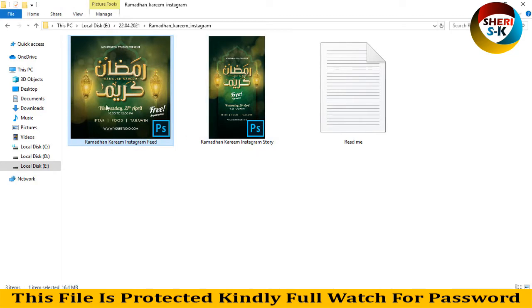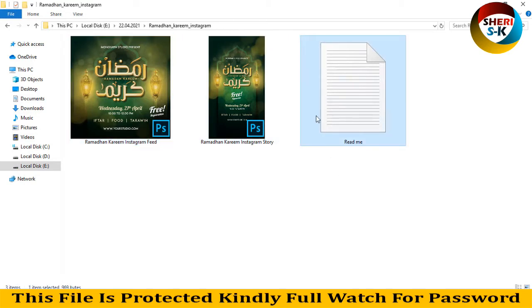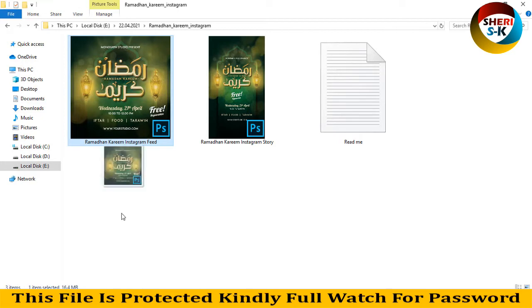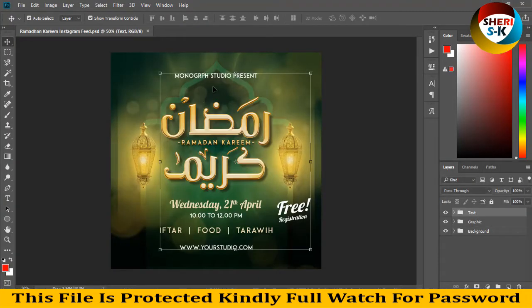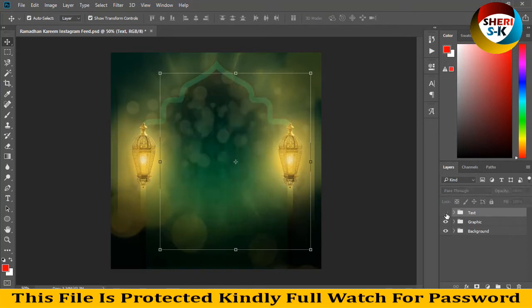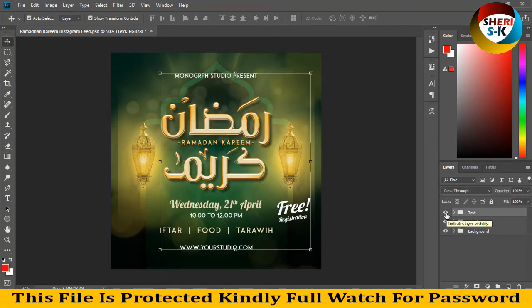Here is post and here is story, two files in different format, and you see here font links. First I drag to Photoshop. These files are PSD. Here is just text, and you see the graphics, and here is background. So first I know you can do easily how to change